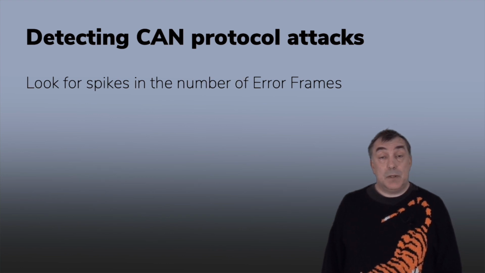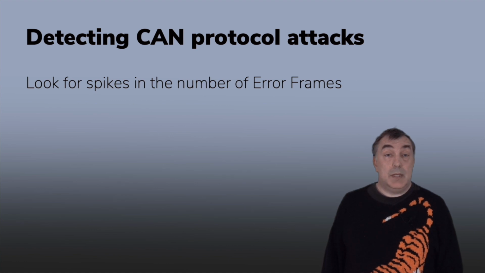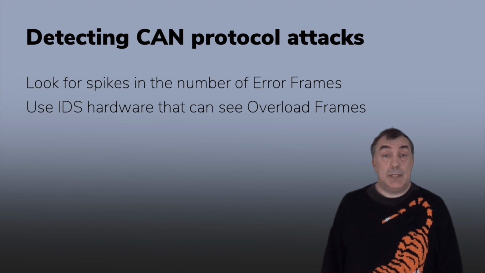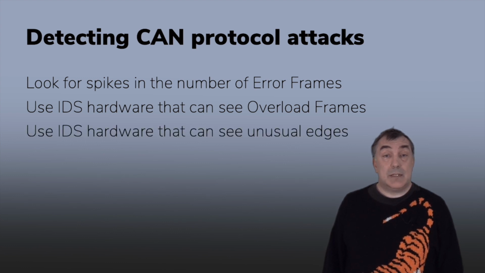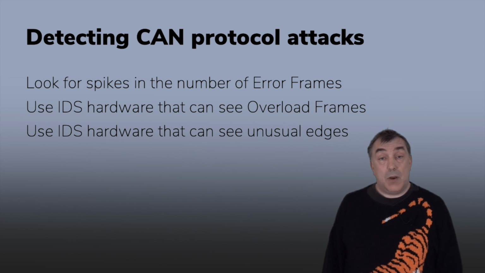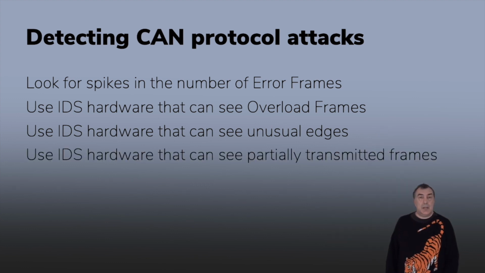Overload frames are invisible to most CAN controllers, but using the right hardware, they can be spotted. The Janus attack puts edges in a bit at unusual places. It can be detected by hardware that spots a pattern of rising or falling edges within a sequence of CAN bits. Protocol attacks that target a specific frame will normally wait until the frame ID has been seen, before generating errors. If the hardware can indicate what the ID was before the frame was destroyed, then this can be used to spot a pattern of errors that target a specific device. That's the kind of things we can do to detect CAN protocol attacks. Canis Labs has developed silicon to do just this, and much more.